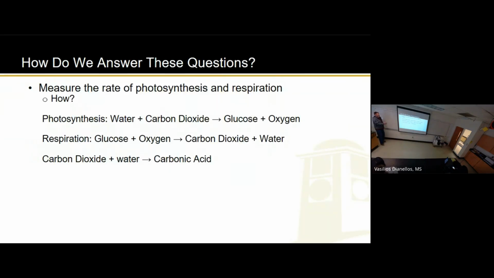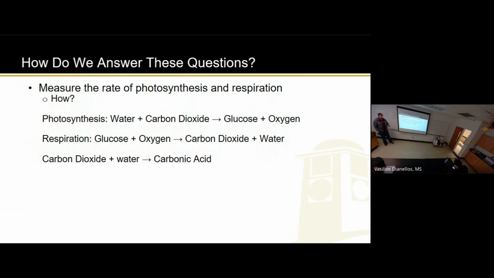So yeah, carbon dioxide and water produce carbonic acid. For the lab report, for the lab worksheet, it's not really important that you know it's carbonic acid, but you definitely need to understand that when you mix carbon dioxide and water, it produces acid. So that being said, now that you know this, right? If carbon dioxide and water produce acid, then which of these two is happening if the levels of acid are increasing? If we're producing acid, because this is what we're going to measure.